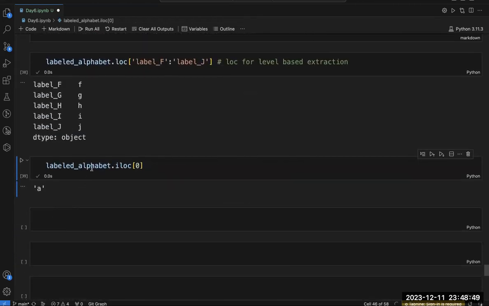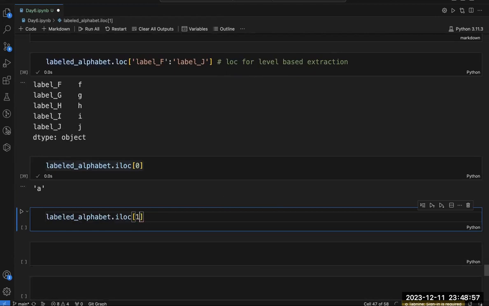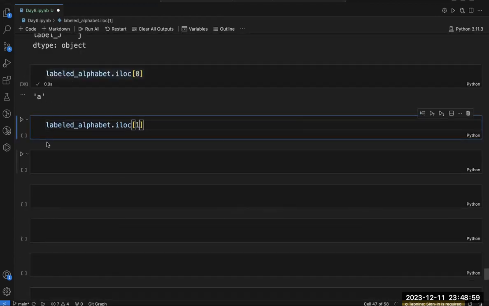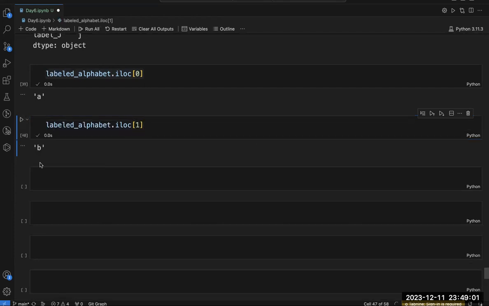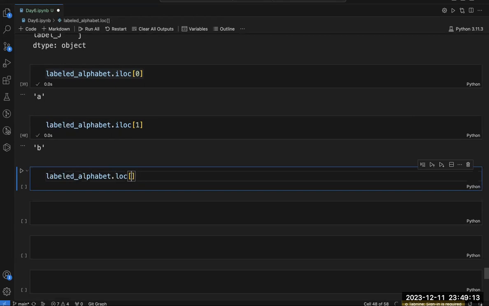Similarly, you can use it to access any position. Let's say you want to access the value at first position. It will give you B. But if you use loc instead of it, and use the same thing, let's say 1, what will you get?